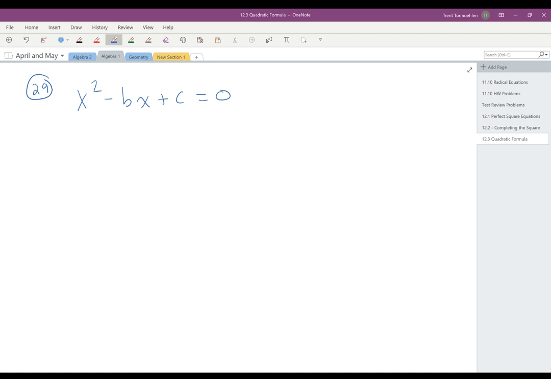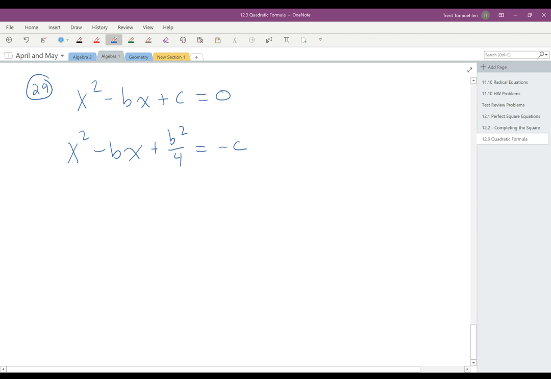So when we use completing the square, we always start by making sure we have a coefficient of 1 on the x squared, which we already have. And then doing the x squared and the x on one side and then the constant on the other side. And then our procedure is to take half of the middle term. So half of b is just 1/2 times negative b, which is negative b over 2. And then squared